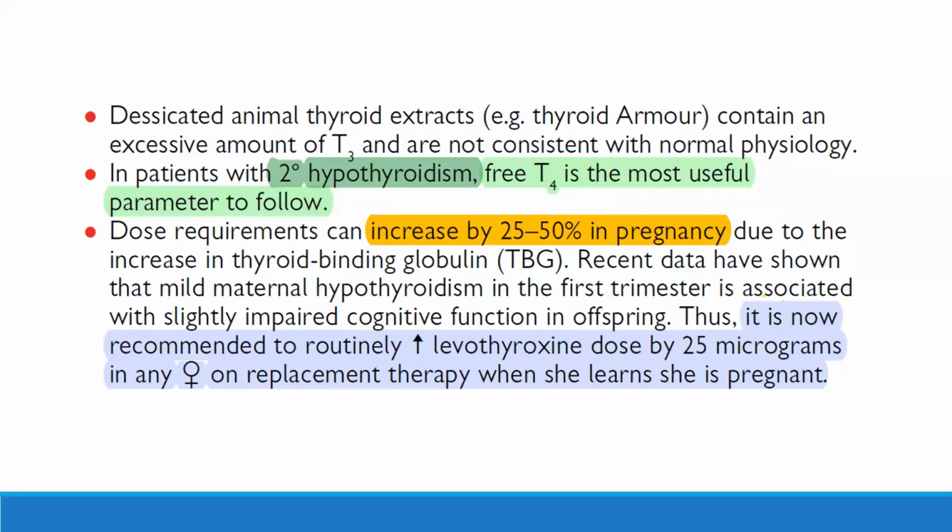In subclinical hypothyroidism, how is the dose calculated, because 1.6 microgram per kilogram will be so much? Actually, I will cover it, Dr. Adil, and in most cases of subclinical hypothyroidism, there are two approaches. One approach is to start with 1.2 microgram per kilogram per day, and another is according to the magnitude of the TSH. If the TSH is more than 10, we can start with 75 microgram. If the TSH is less than 10, we can start with 50 to 75 microgram per day. This is a rough dosage, and I will upload my presentation about subclinical thyroid disorders.